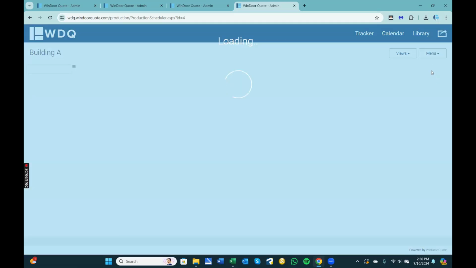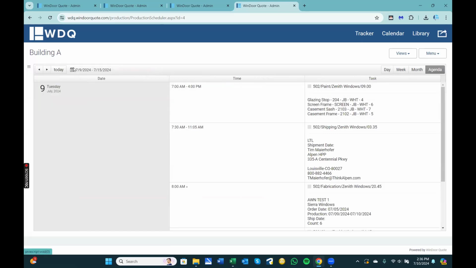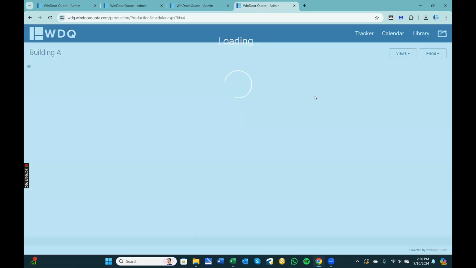And then we've added an agenda view, so you can just see a quick agenda view by order or by production line, etc. Also on here, you can see different notes. So if I go back to day view,